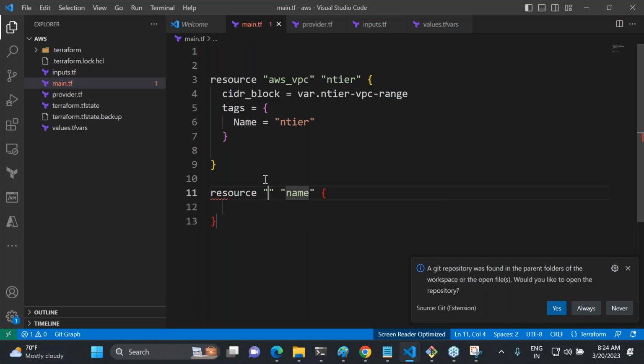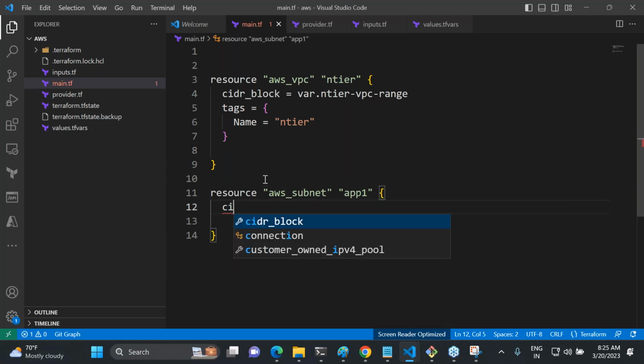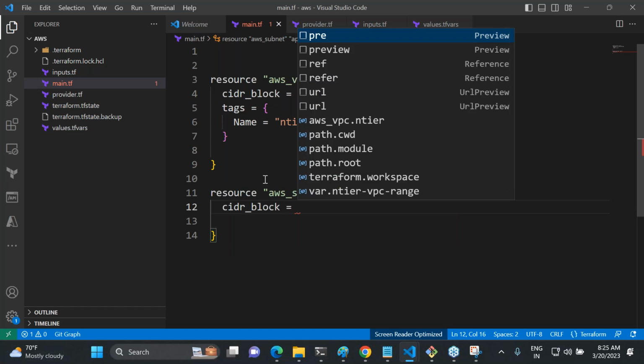So my resource is aws_subnet, and name of it is app one. cidr_block is equals to,